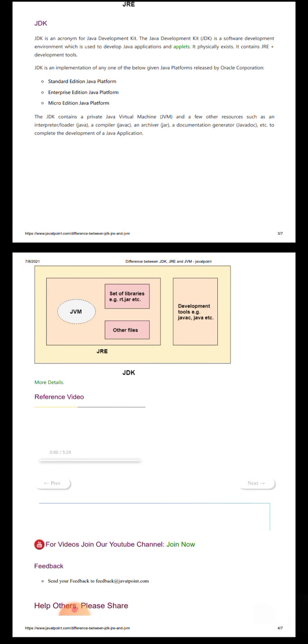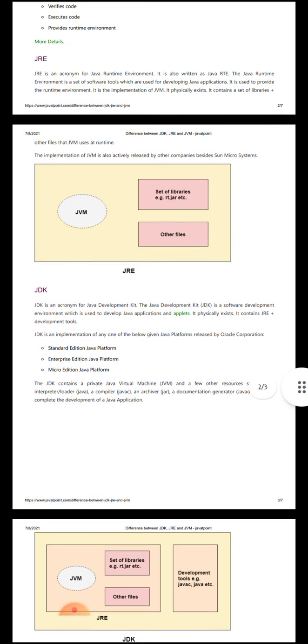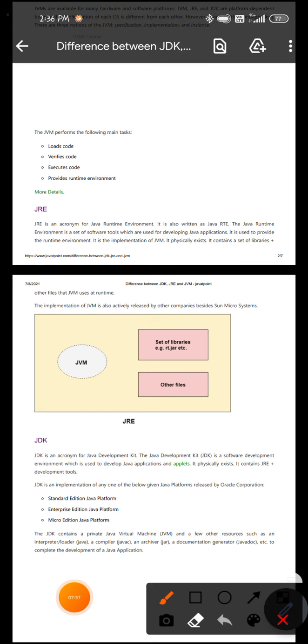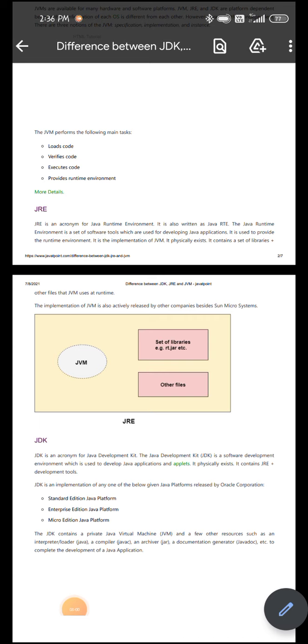The JRE physically exists, so it is not abstract in nature compared to the JVM. Lastly, JRE is platform dependent because the JVM that constitutes it is also platform dependent.